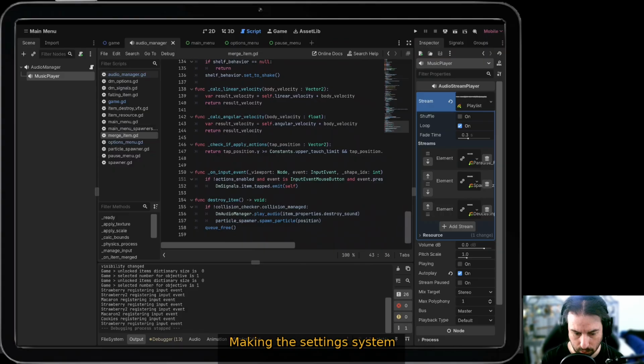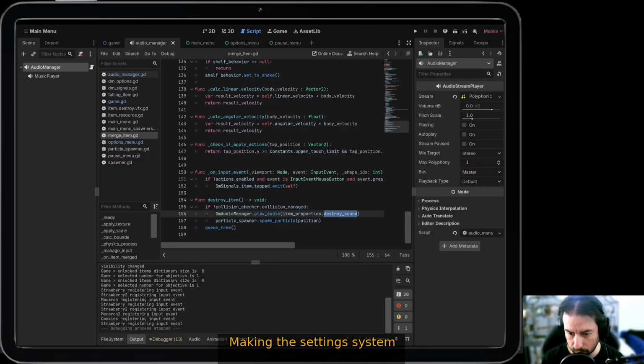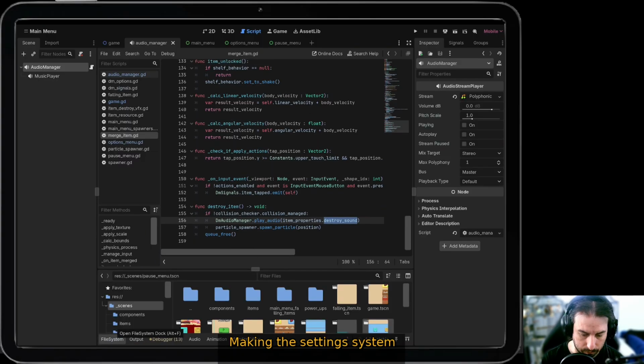Destroy item, play audio, yes. Yeah, because here we don't have any. And in the item properties,